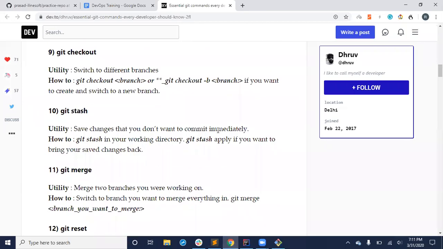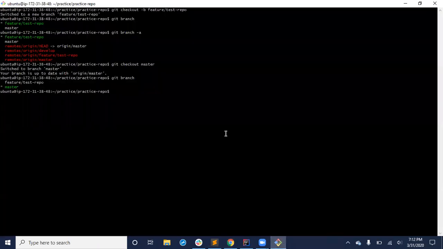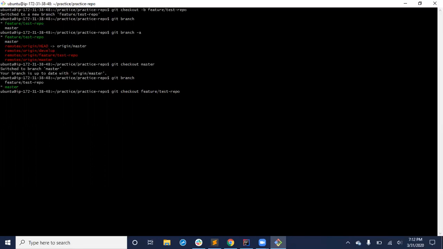Git stash, unstash. I will show this also, but no need to use this much. So git stash and unstash. Why do you use this? Let's say you have done some changes. Let's do this now. Let me check out to my feature branch. Even if you don't understand, fine, I'm just showing it as information.